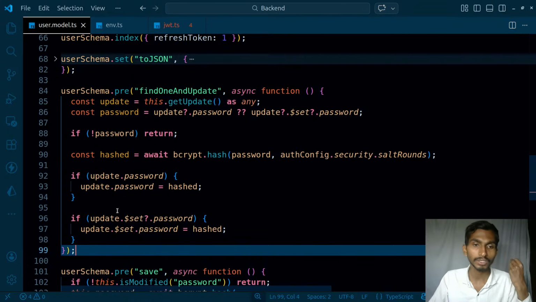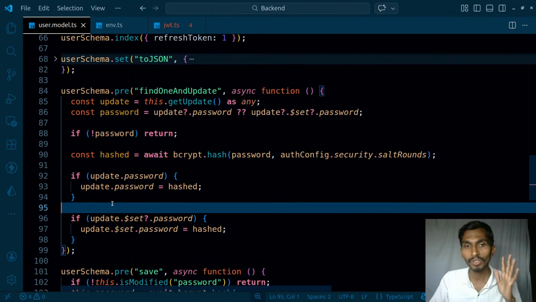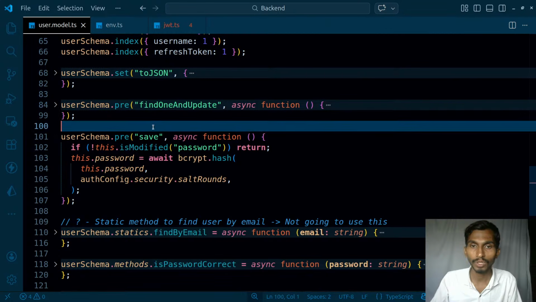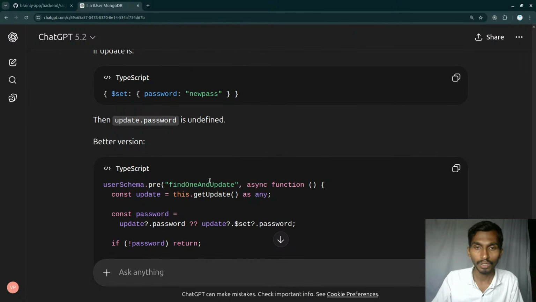So it's not like we are just simply writing the code. Whatever we are writing, we will check it. Okay, so this is how we are gonna be going ahead. So this thing is done as well. Save is already done. What are the other